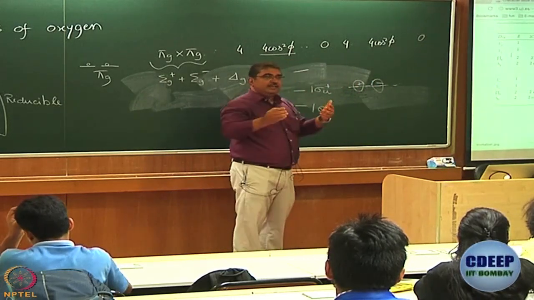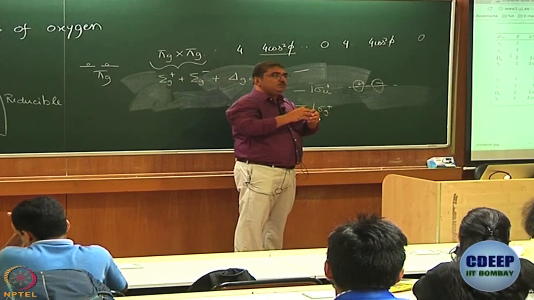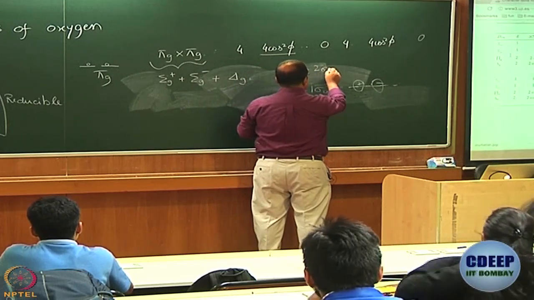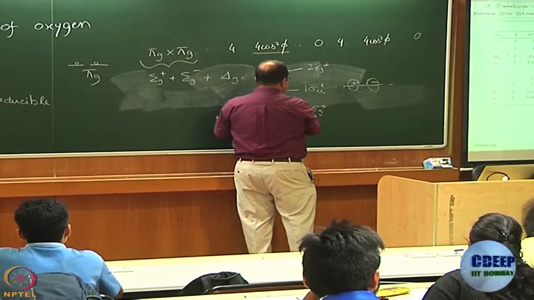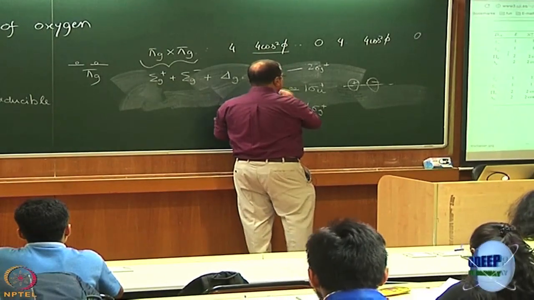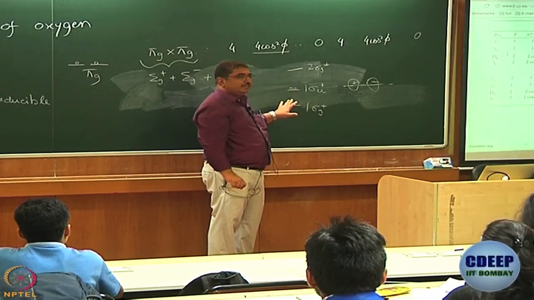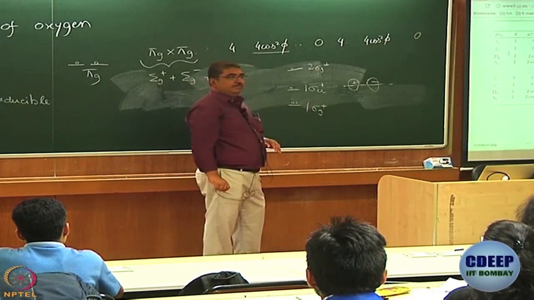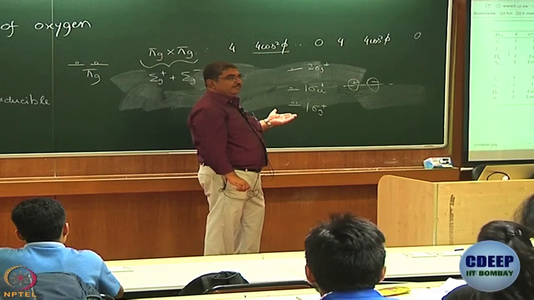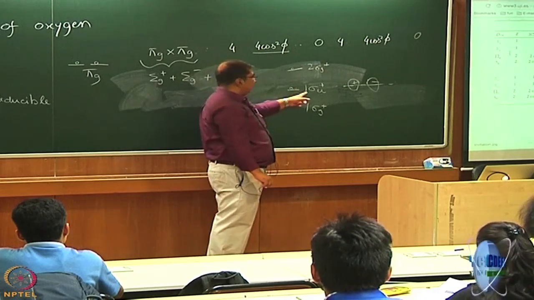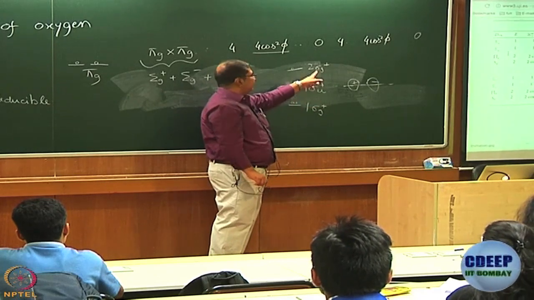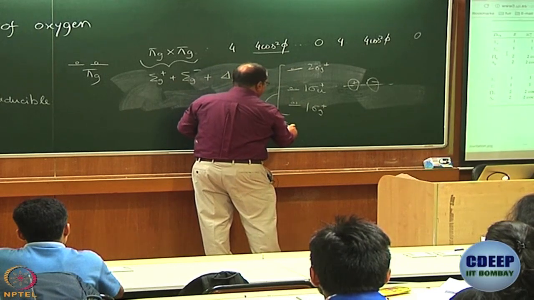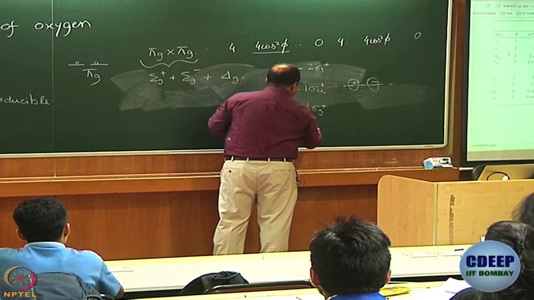Next one, you can think of the sigma orbital formed by the bonding combination of two 2s orbitals. That is again, I will call it 2 sigma g plus. So, what I am saying is, for helium 2, this is the ground state configuration, right. If I promote 1 electron from here to here, what is the symmetry of that state? 1 electron is in sigma u plus, the other one is in sigma g plus. So, the symmetry of this state is sigma g plus cross sigma u plus.